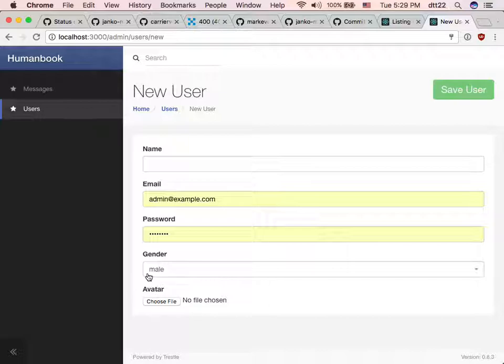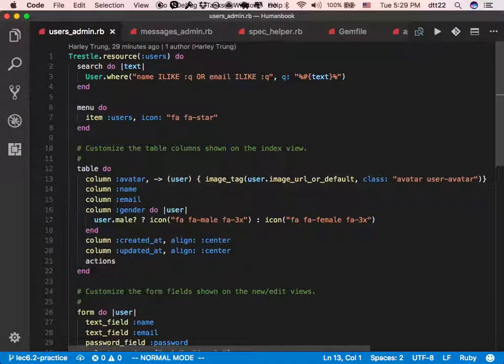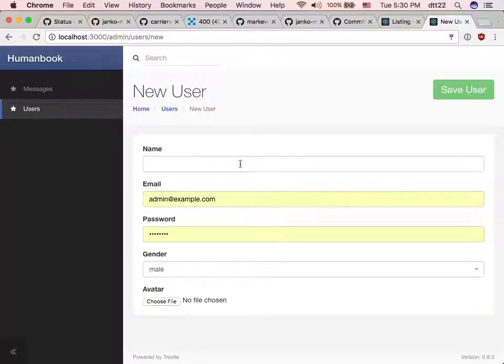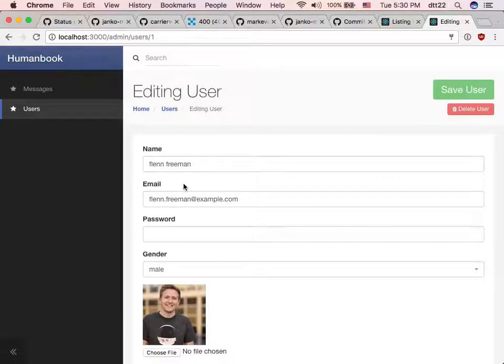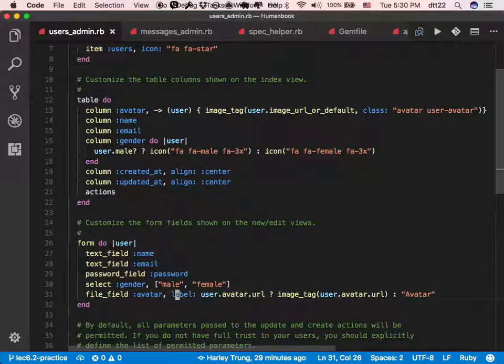I have to update the admin code. User admin. Now, this is the form. And I have a little trick. And this one is, a lot of us will not know, is when you're editing a user, you want to display the current image like this. It's not really easy. So I have a little hack I can share with you guys, which is like, hey, when you use this, change this to a file field like this, and then I say, in the label area,